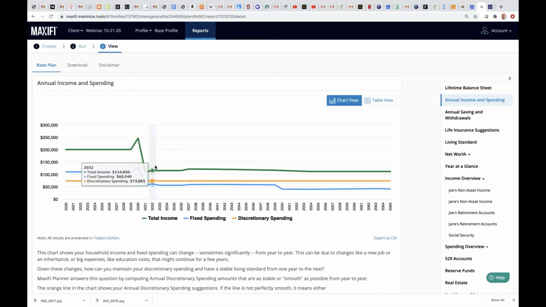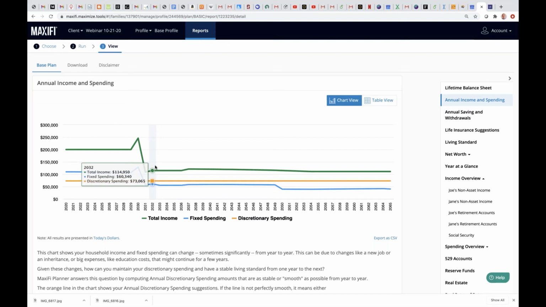Yeah, the way I would model this in the program is I'd set up a base case where you do not buy long-term care insurance, but you specify a nursing home period of time where you have to be in a nursing home, and you treat that as a special expense.